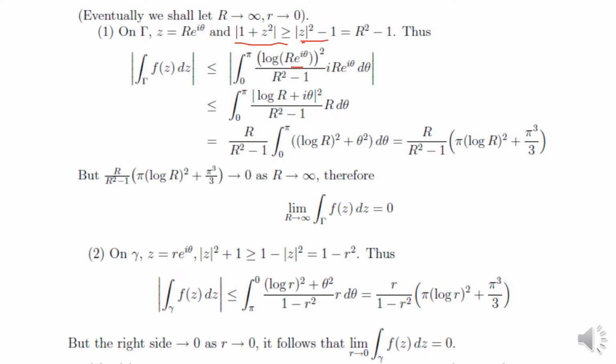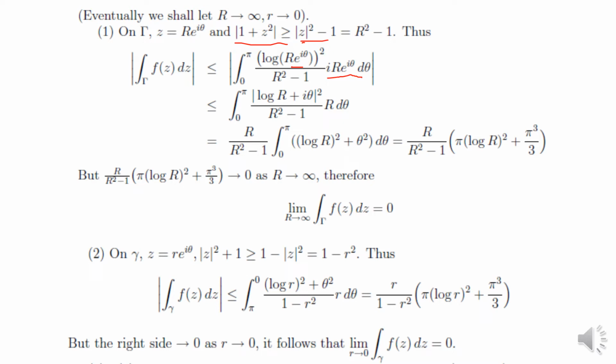For θ, log z we can write as (log Re^(iθ))^2 upon R^2 - 1, and dz is equal to iRe^(iθ) dθ. Mod of this will be less than or equal to, we will take the mod inside, and the mod inside gives (log R + iθ)^2, that is log e^(iθ) is iθ, and whole square of this. Mod of i and mod of e^(iθ) is 1, so R dθ, which is equal to, when we take R